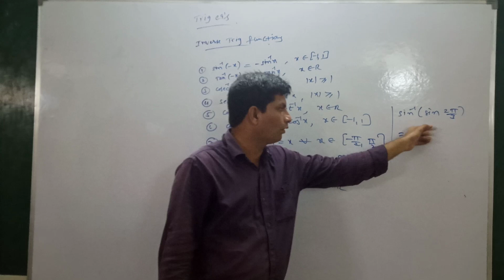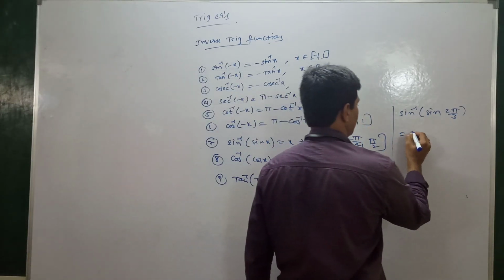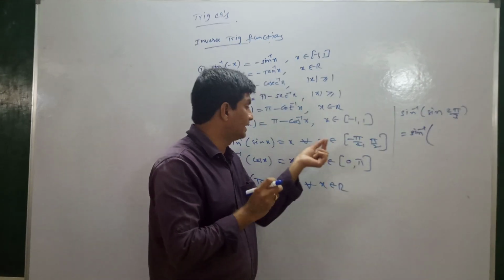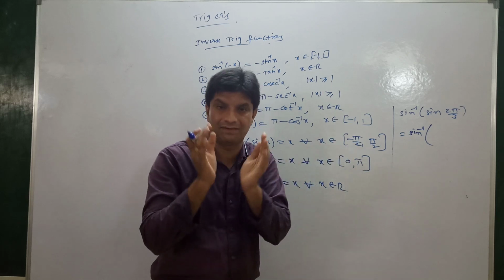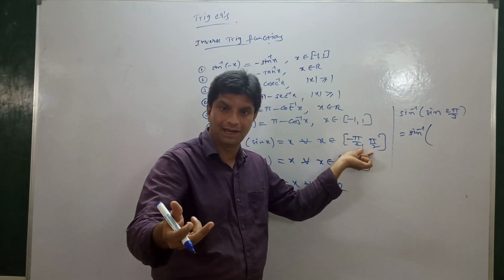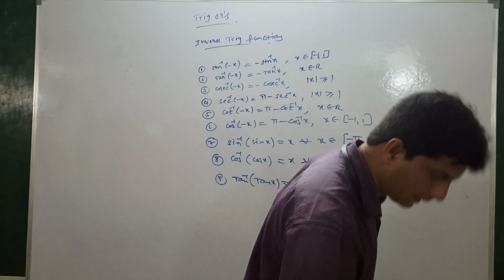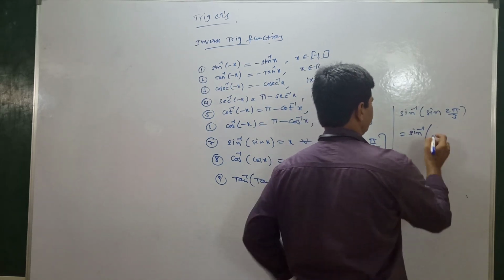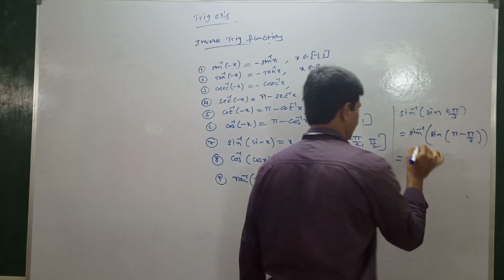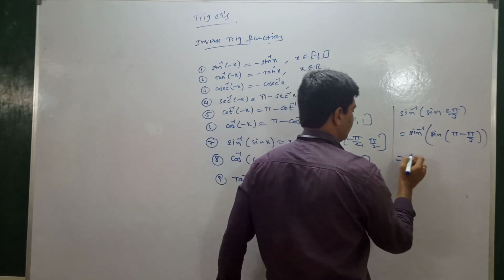That means we should not write this value as 2 pi by 3. Now I am going to convert this. If the given angle is beyond this interval, let us convert the big angle into this interval. Let us change that angle into this interval. How can you write 2 pi by 3? This is sin of pi minus pi by 3. Is it right or not? What is pi minus pi by 3? 2 pi by 3. Now let us find this value.